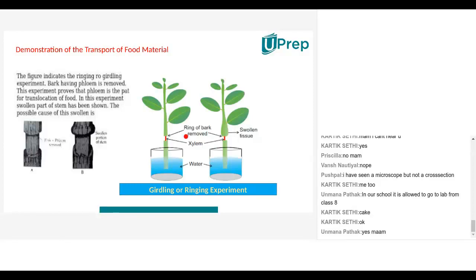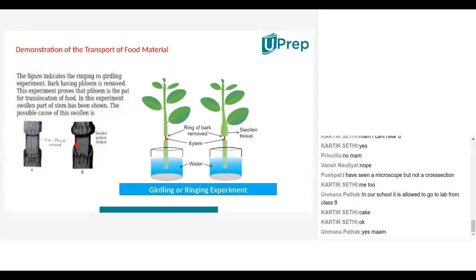What people normally do in nurseries, in grown-up plants, in big plants which have woody barks, is that they remove the bark. The barks are basically dead cells, right? Which are hard dead cells. Bark actually is phloem, which is removed. And then you just keep it intact like this after taking out the circle. Just leave it like this for maybe a few weeks or a month. Come back to the plant. You will find that the upper portion of this area has become swollen. Why has this become swollen?